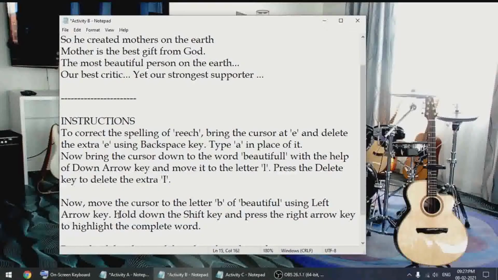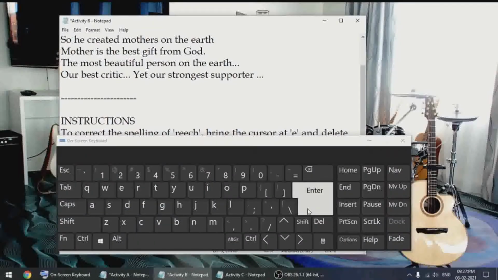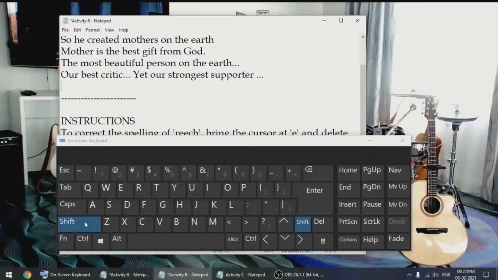Now whenever you are asked to hold down any key, just imagine that this cursor is my finger. I'll keep it over here. What we need to do is, for example, the shift key. Hold and keep it. You do not have to leave this. Continue holding till you are asked to release. That means leave the key.